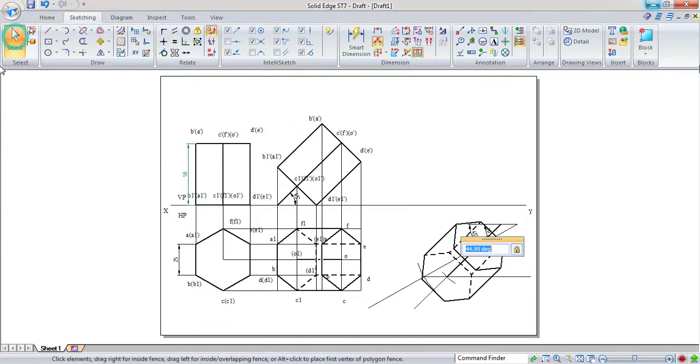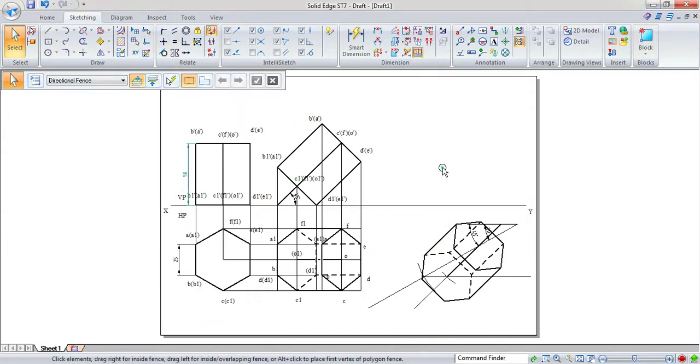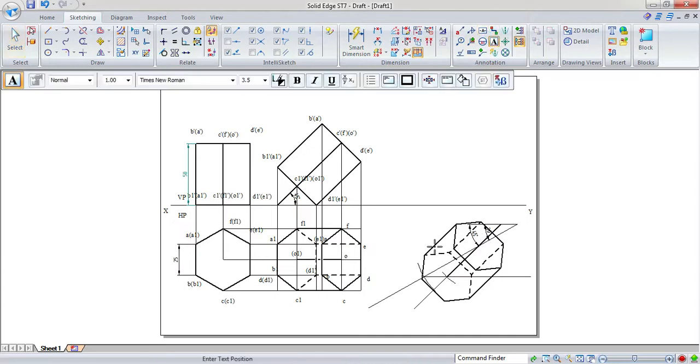Now write down the annotations. Go for text here. Now again this will be A point, B, C, now again D, E and F. Similarly, we start from here.